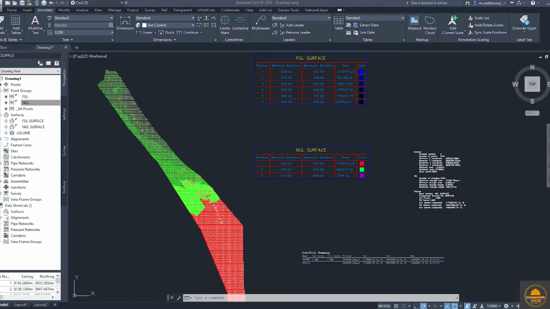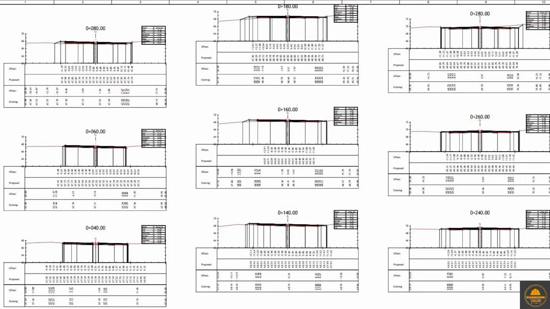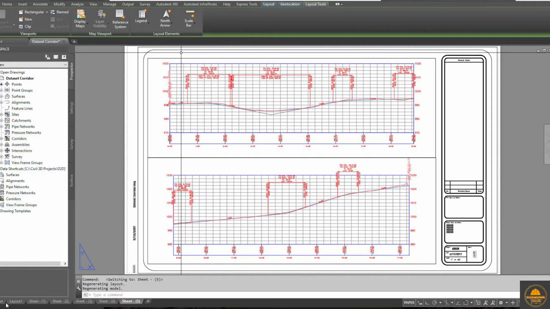You can see some highlight pictures from the video. You can see the cross section. I will show how to draw the cross section for each chainage, in great detail, and at the end of the video I will show how to create plan production, how to create sheets from your design